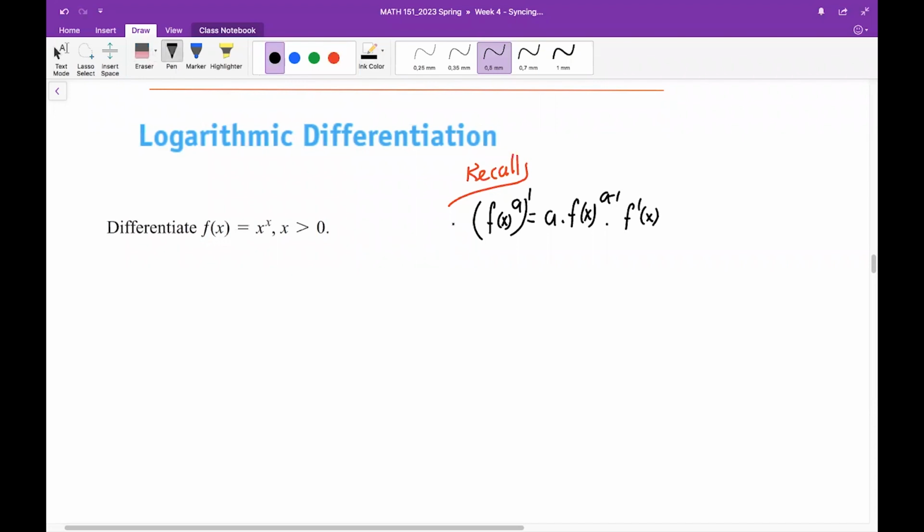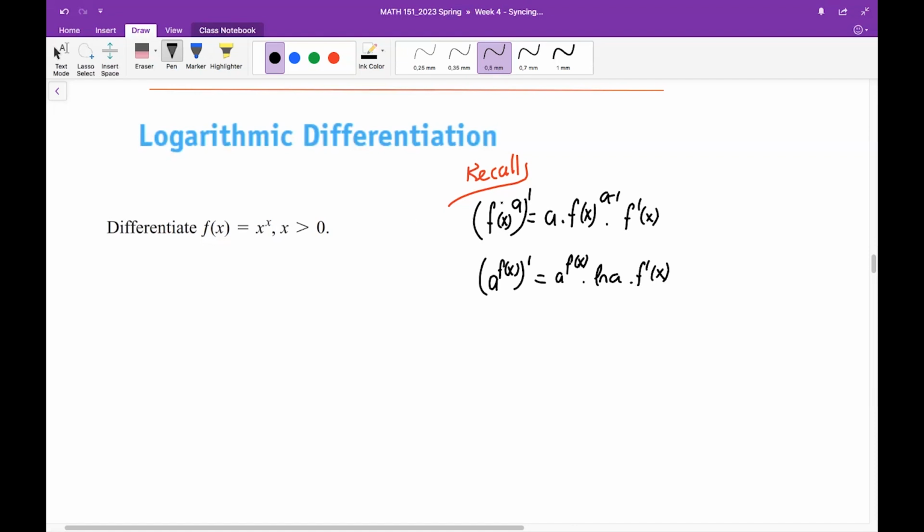Okay. What if we change the roles of f of x and the power a? Let's change the roles now. Do we know how to deal with this derivative? We just covered that in the first lecture. This is the general exponential function, and it has its own derivation rule. It goes like itself times ln a, and since it is a composition of functions, where the power is not just x but f of x, you also need to multiply by the derivative of the power.